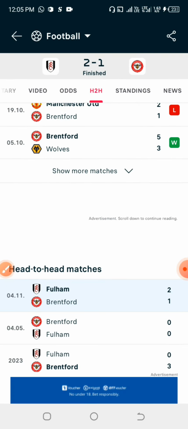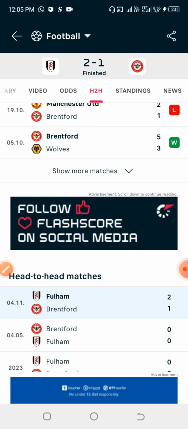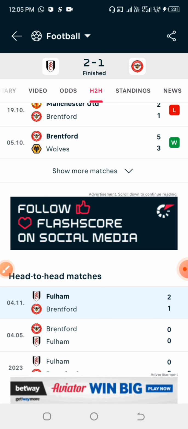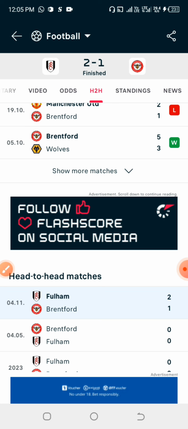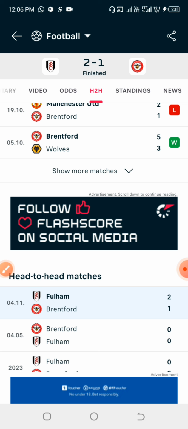And if you look at their head-to-head very well, you will notice that these teams score corners very well. And at worst, if the game is going to cut, because that particular day I tried to evaluate it so well, and I discovered that if a game will cut using this particular method, because looking at it, you can see that the average corner happens to be 11, and they are expected to play at least over 9, over 10, and over 11 corners based on the average stats.